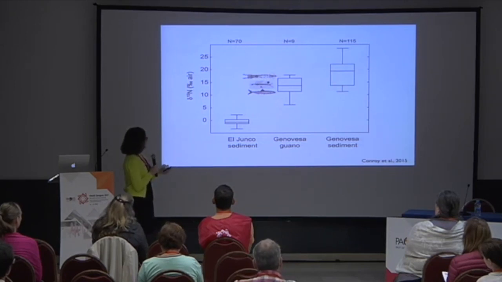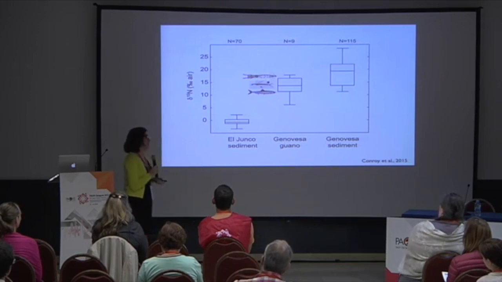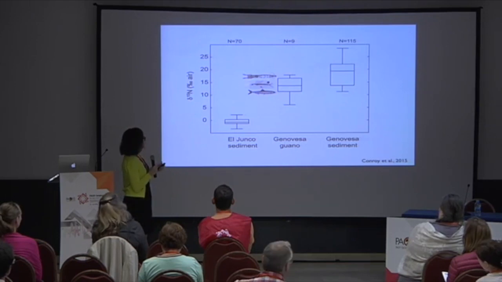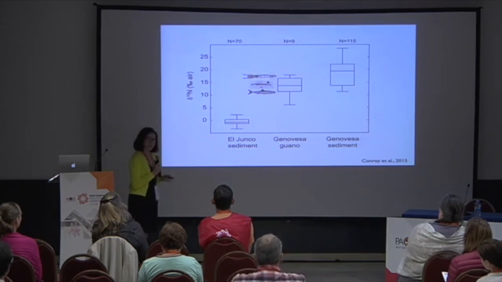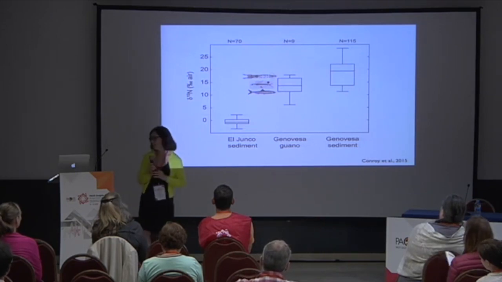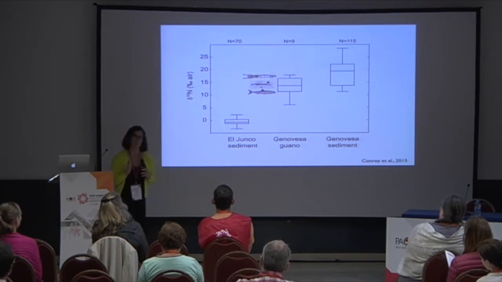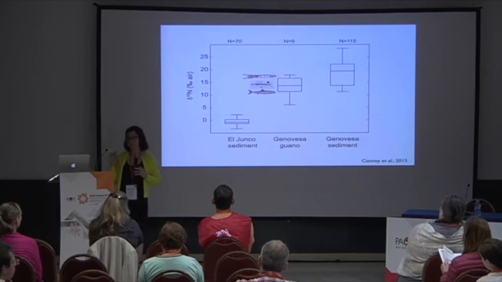Here are the values from Henevesa guano samples, so guano samples taken from that lake watershed. They're pretty high, as you can see, and they more or less overlap values from the literature for these prey items of the red-footed booby. So that's encouraging. That's what we would expect. And then you can see the values from the Henevesa lake sediment over here, and they're pretty high. Okay, and so this is a result of that guano influx into the lake. You can also notice they overlap the guano values, but they are